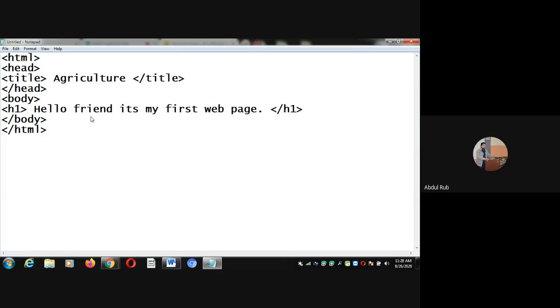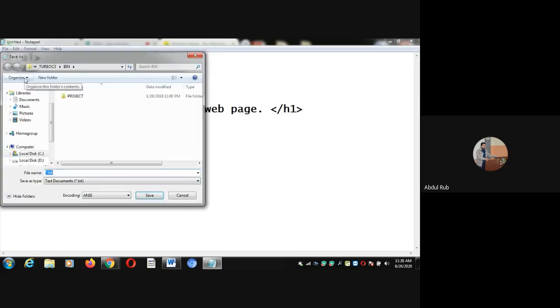So this is our heading part. H1 is a heading part. After that, I'm going to save the file. So here, file, go to save. The first time, go to save as. The second time, when you edit or modify, you will click the save button. But the first time you have to click the save as button, and a box will appear. Okay, where do you want to save?